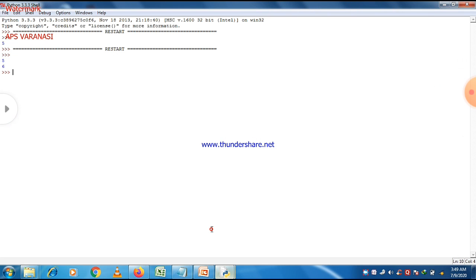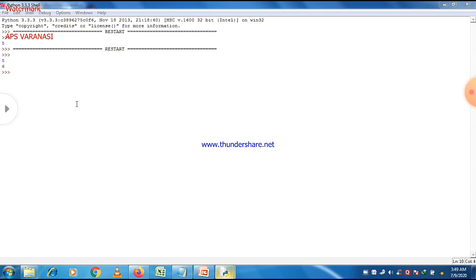Actually this is all about the assignment operator. A is equal to 5 is not a fixed value. Basically we assign a value to a variable a, and at that time a is equal to 5, but later on in this program, when we assign a is equal to 6, then 6 will be printed. So this is the basic functioning of the assignment operator. Whatever you assign to a variable in a program, it performs its functioning according to the latest value. So in statement 4, when we print the value of a it will be 6, because in line number 3 we assigned the value 6 to the variable a. It is the latest value, so the latest value will be printed, so 6 will be printed in this case.